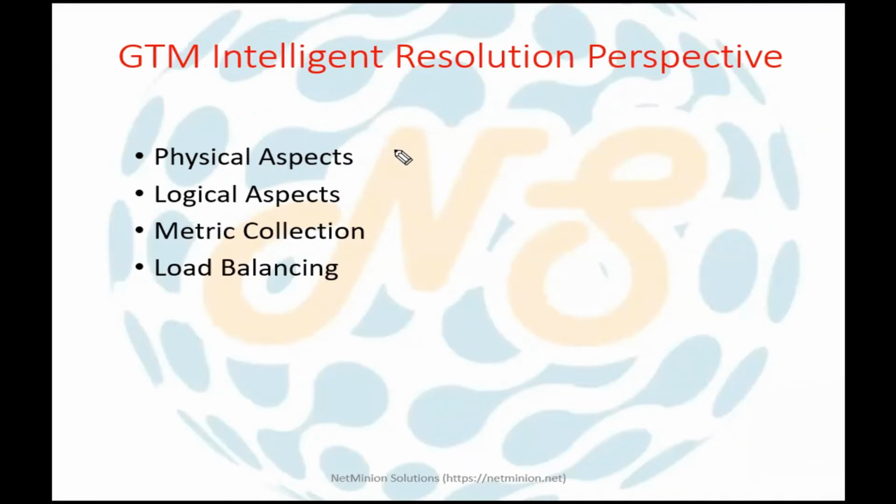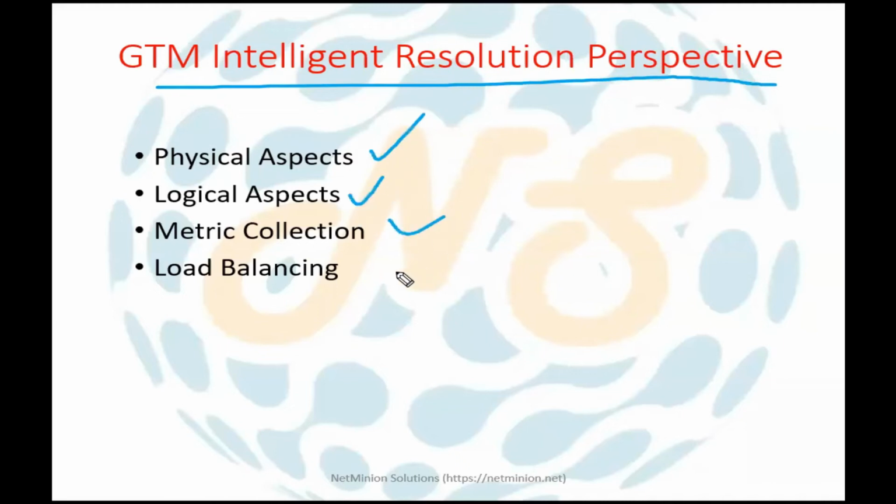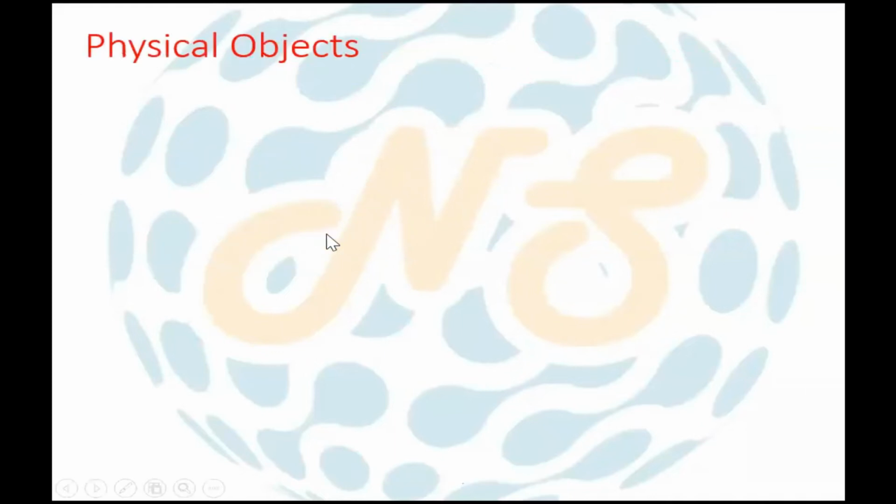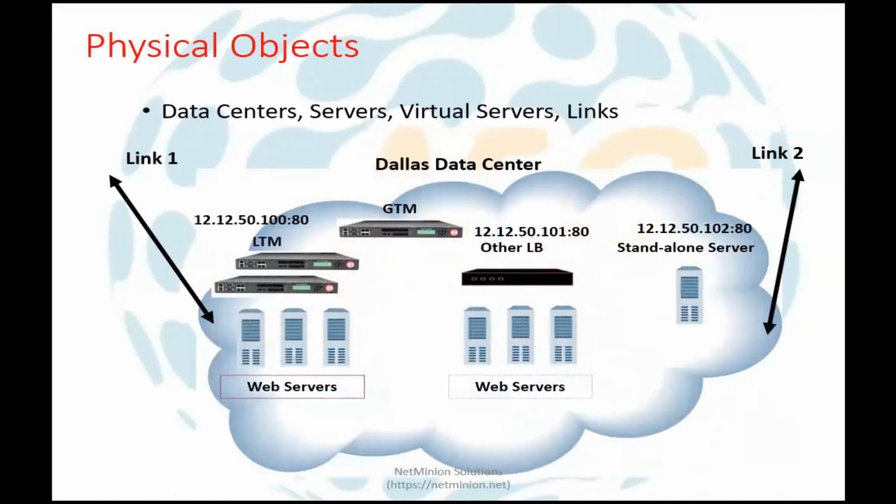So there are a couple of aspects of intelligent DNS resolution, if you will say. We have logical aspects, physical aspects, metric collection with the help of monitoring, and the load balancing aspect. These are a couple of aspects. Let us go ahead and see them one by one. So here, if you see,